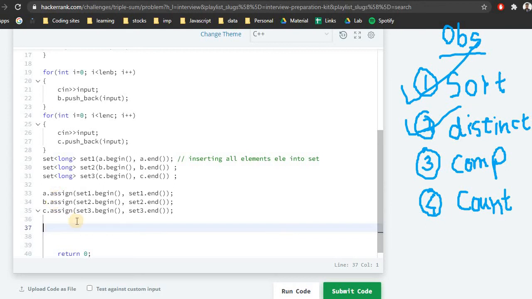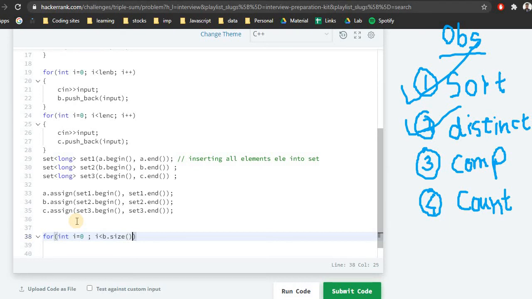So we did that. After doing this, we need to find how many numbers are less in the first array and in the second or third array. So let's start. We want to check for the second array, because the second array is very pivotal, or the Q value, because it holds 2 comparisons, because P and R do not hold any relation with each other, but the Q is important. So we will take I is less than B dot size, and here we will increment the value of I.